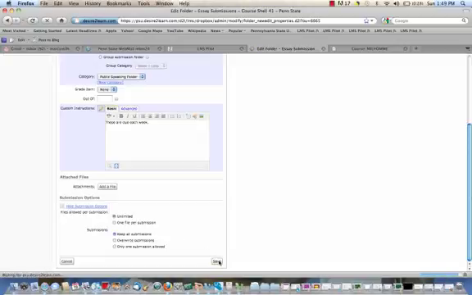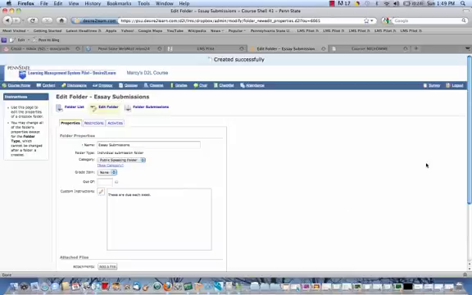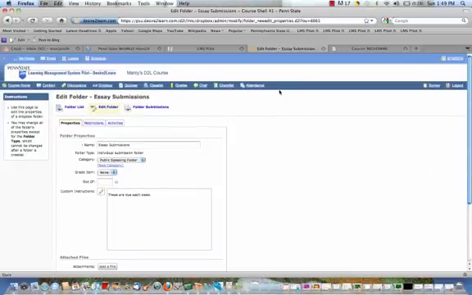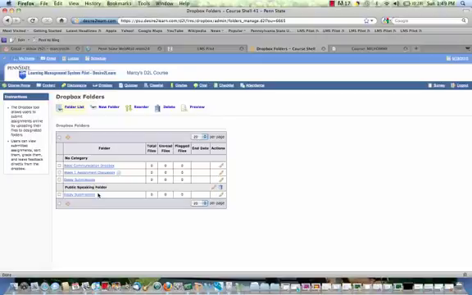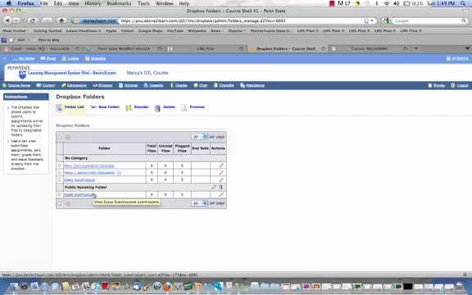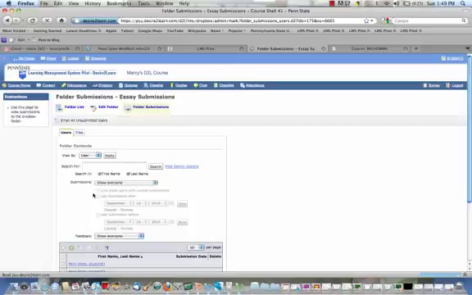If I click Save, I have successfully created a new Dropbox folder. Now when I go back to my Dropbox list, I see that my public speaking folder now contains a category of Dropboxes called Essay Submissions. If I click on it, I'm able to go in